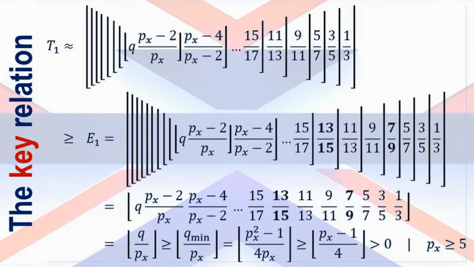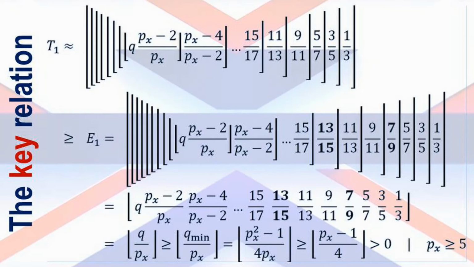But then these nested floor functions, it would be nice if we could telescope them and make them into an easily tractable quantity. But it appears that we can't, because we're having to do all these nested floor functions. Well, I'm going to assert, and I shall of course later prove, that you can knock out all the floor function symbols except the one on the outside. So you have a single open floor function, which is the third line of this key relation, and then you can telescope that down to simply Q over Px taken as a floor function,